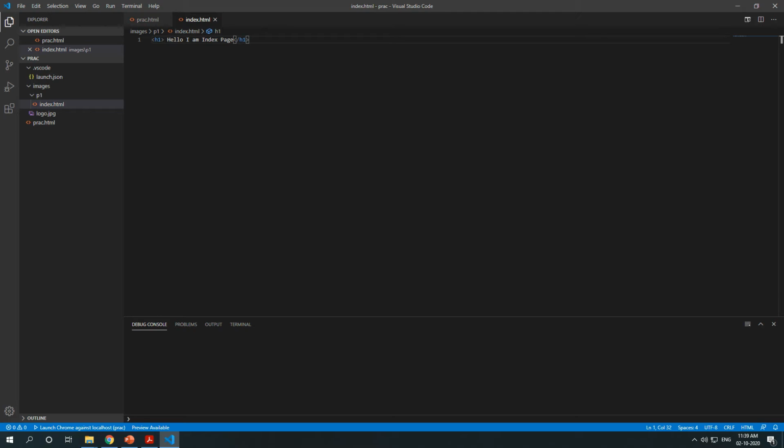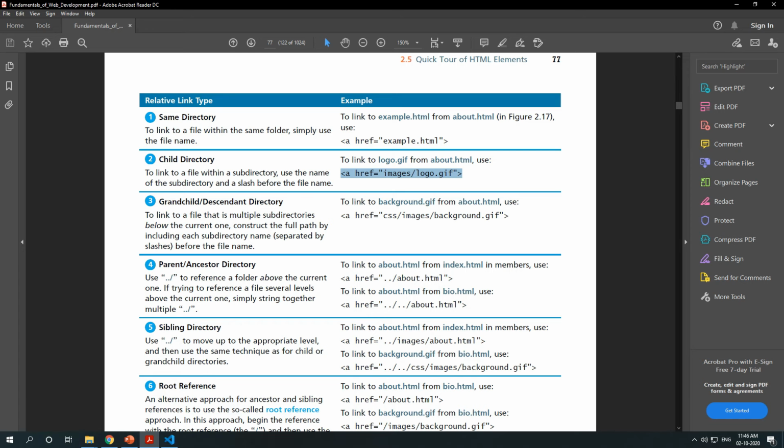Okay, so if I want to call practice.html from this index.html in the images p1 folder, what do I need to write here? See, a parent or ancestor directory, right?